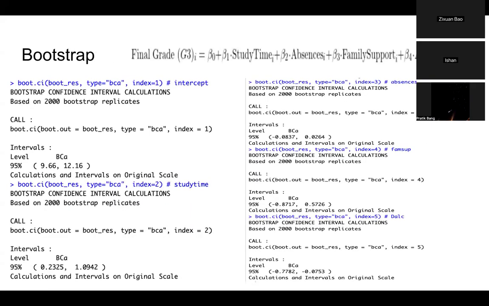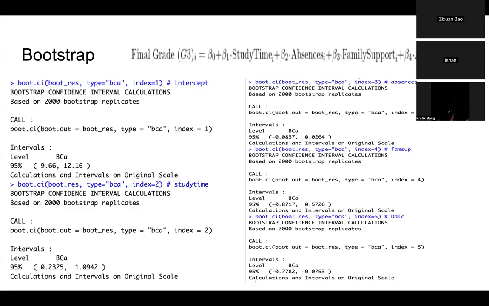Now, moving on, I also checked the bootstrap, and these fully align with the regression results. Here, study time remained a reliable positive predictor. Alcohol use remained a reliable negative predictor. Absences and family support consistently showed intervals that include zero, confirming that they do not significantly affect G3. This adds robustness and increases our confidence in these conclusions.